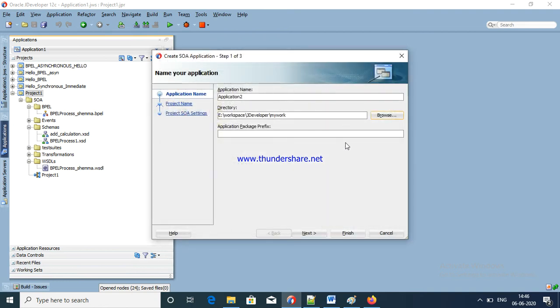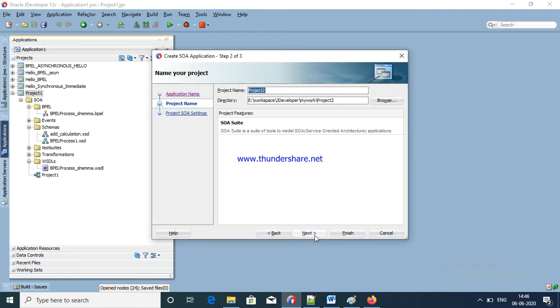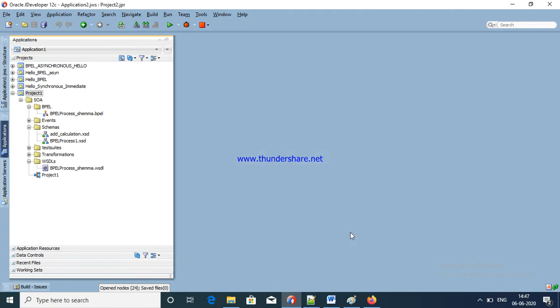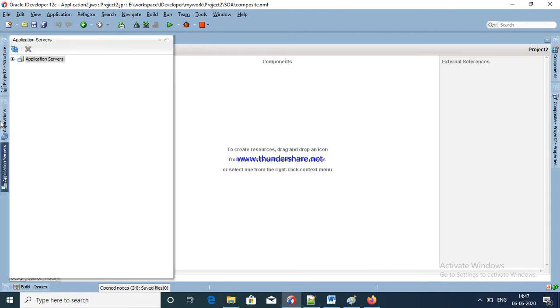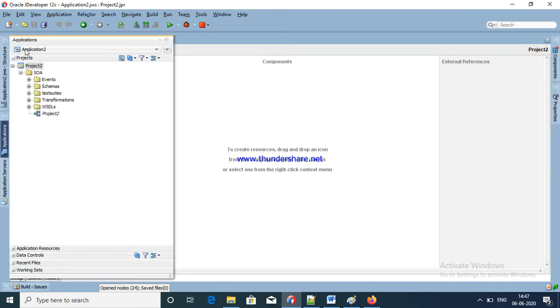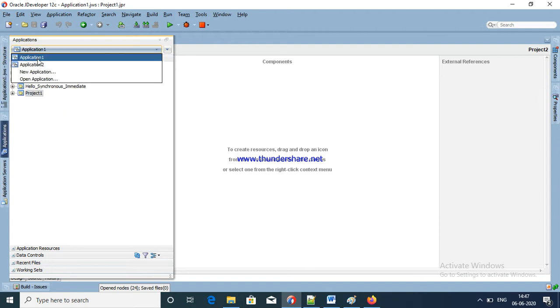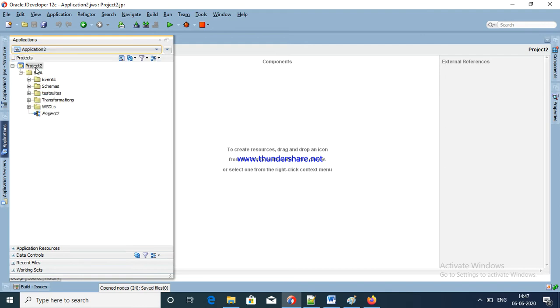Okay, I am going to create application 2. Now click finish. See here, the application contains many projects. Here see, application 1's projects are different. Application 2's projects are different.